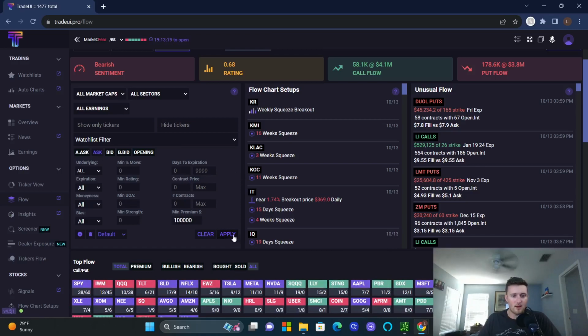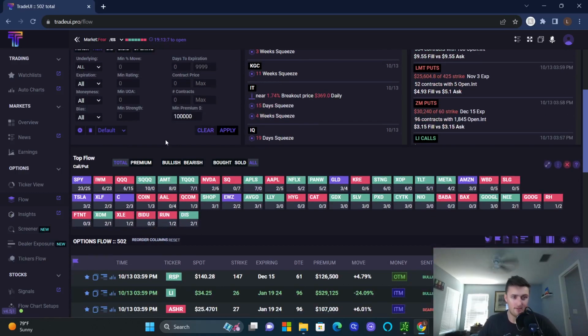And I'm going to look for people buying positions. All right, so I'm going to click on ask because that means people are actually buying these positions. Remember, when you trade a stock, you've got an ask or a bid. Bid tends to be the sell point, ask tends to be the buy point on a spread. So whenever I go into this, it gives me a thinned down list of different option